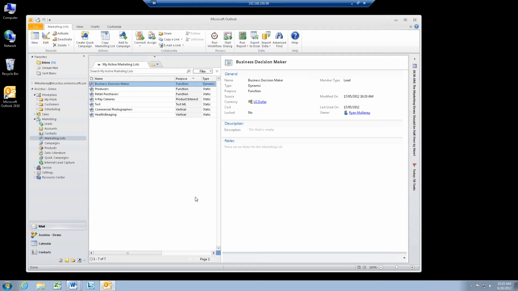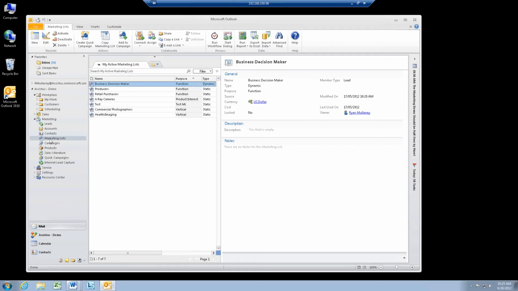We have someone who wants to know, is the tasks list via Outlook available with Dynamics 4.0, or is it only in 2011? There is a tasks list in 4.0. It doesn't have the same functionality. For example, all those tabs are not available, but you can set up views that give you pretty much the same functionality. To do that, you'd go into your advanced find area, you would create the query you wanted, which would result in the view you want, and then once you save that, that will actually show up as a view for those particular record types, in this case activities. Okay, all right, so pushing on,